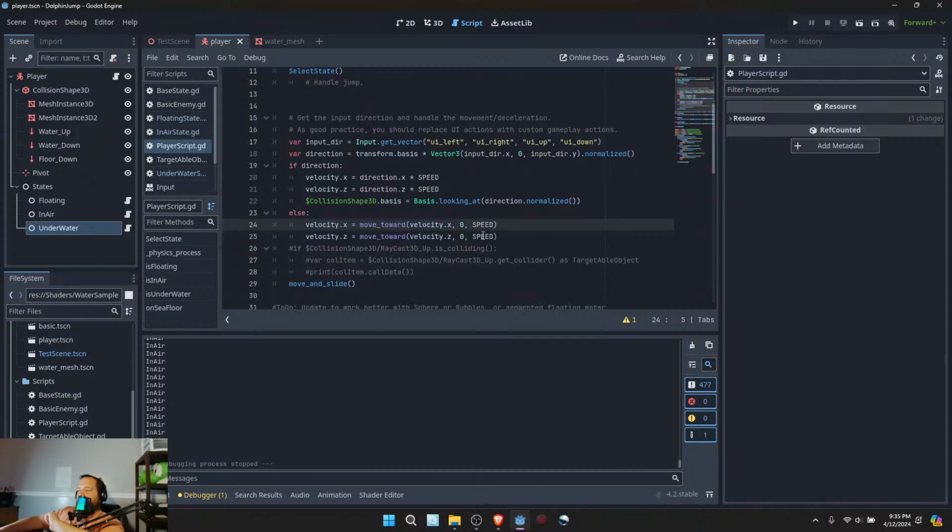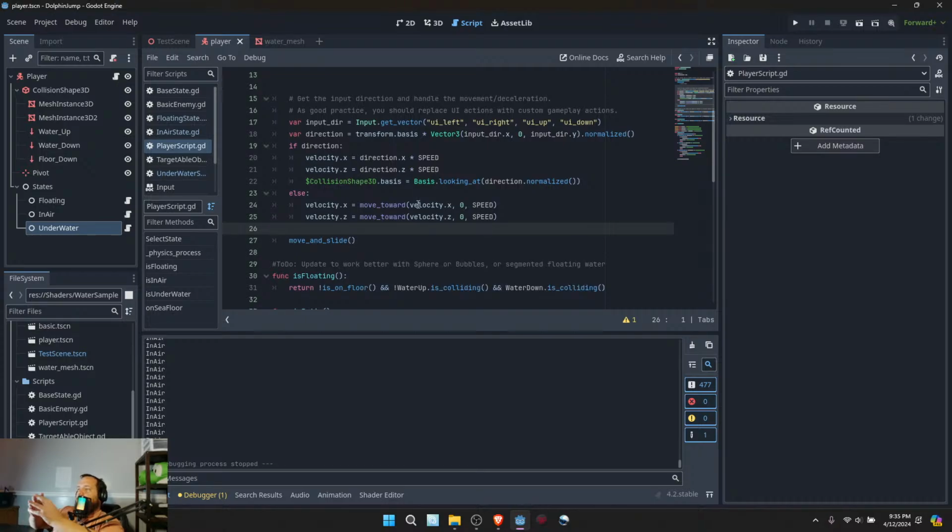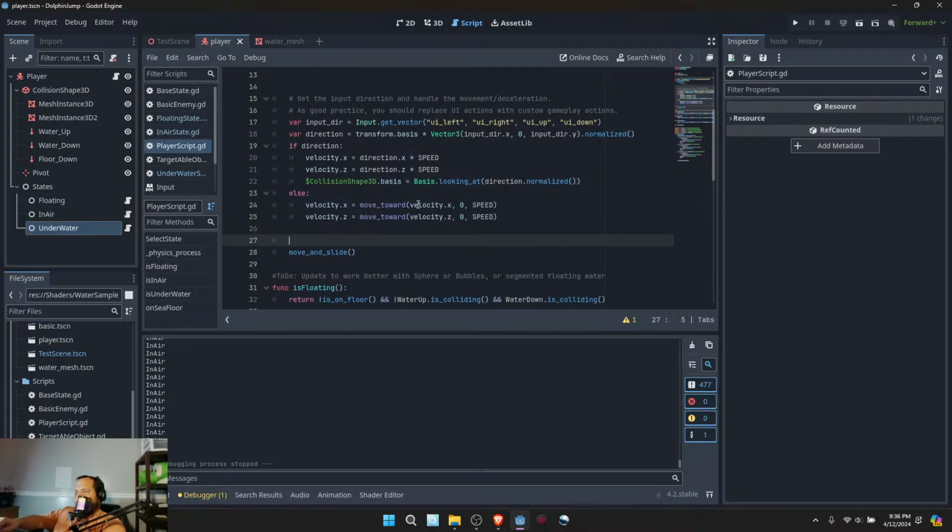So let's go ahead and remove this. I don't necessarily need that anymore. I do see a move toward... So we'll do this. Velocity. Man, if I knew how to spell, my life would be easier. There we go. Dot y equals